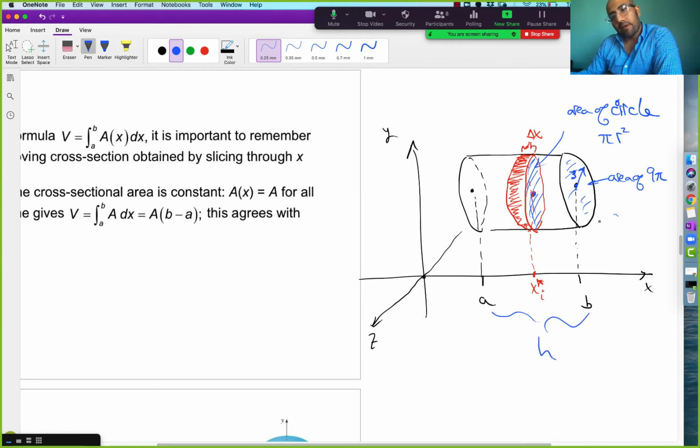So based on my picture, I could see that the volume should be equal to 9 pi, which is the area of the circle, times the height. Good. Okay, but now following this description here of the integrals,